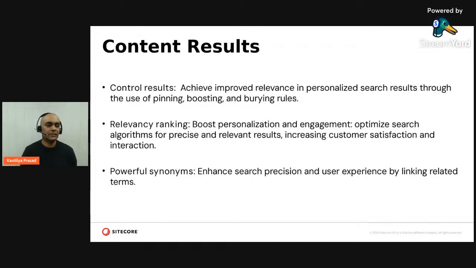One more tool here is how you can adjust the relevancy, make it more relevant to the user. There are rules available where you can boost something based on a property of the content item. Basically, you can say, if my content item's rating is greater than some value, boost it so that it's more relevant to the user. Or you can say, if my publish date is older than this date, do not boost it, because that's old content